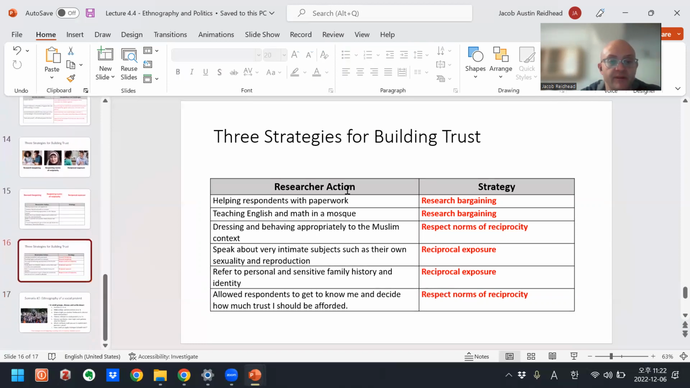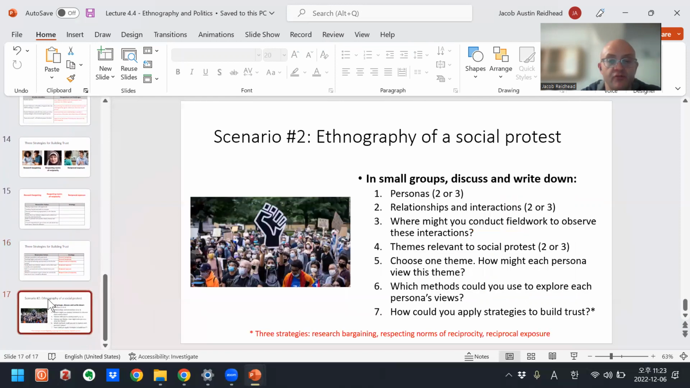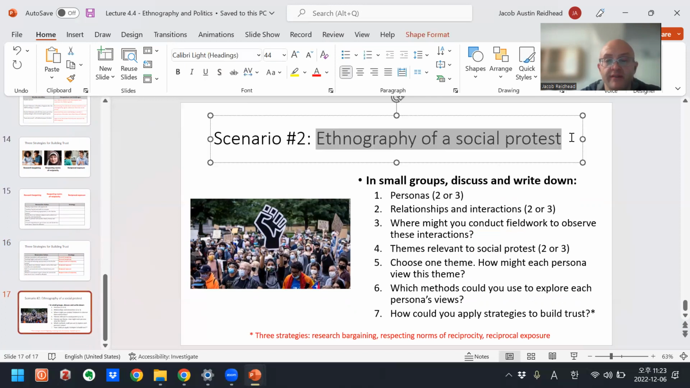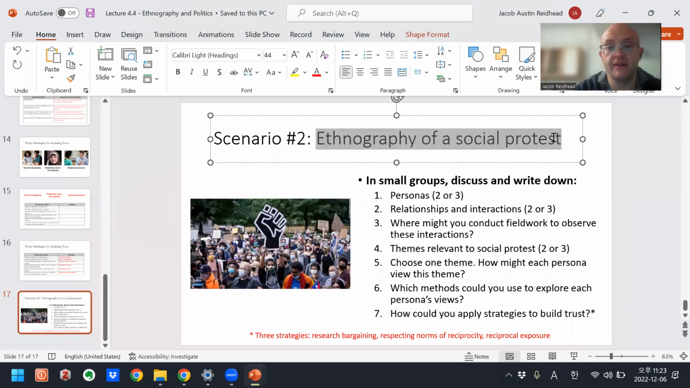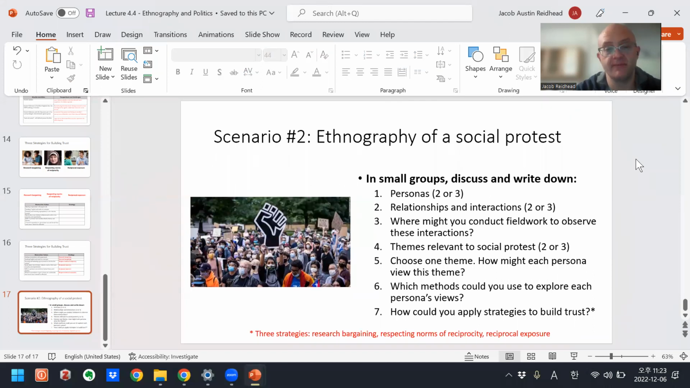So now that we've talked about these strategies for building trust, I conclude the lecture with some group work. I present a second scenario, ethnography of a social protest. This is a different kind of political event. You can change this if you like, some other kind of political event, and besides, instead of a social protest,